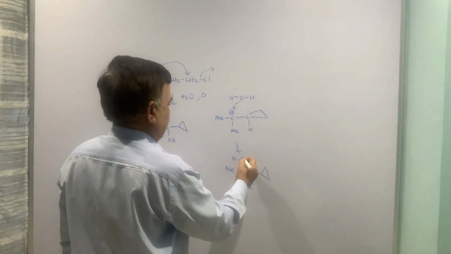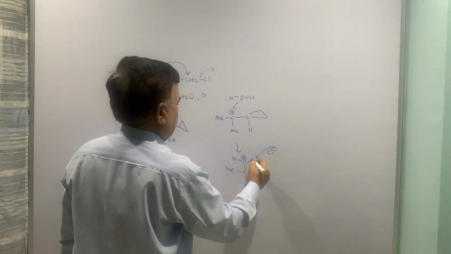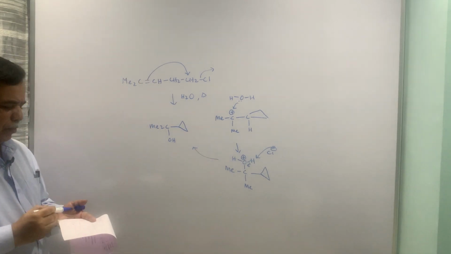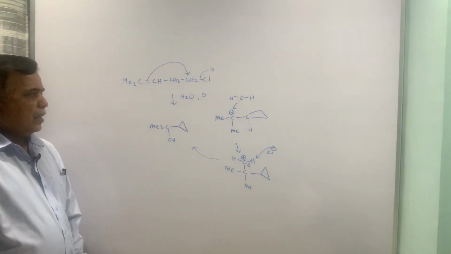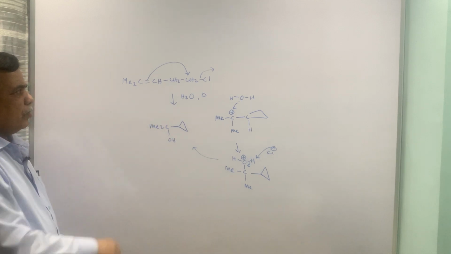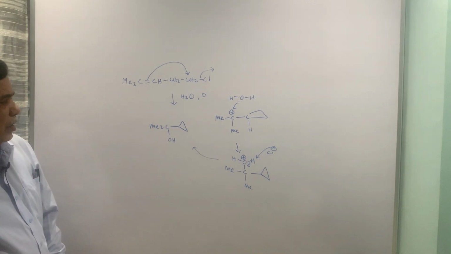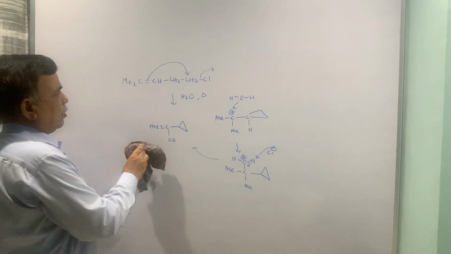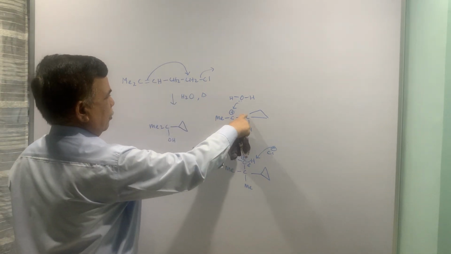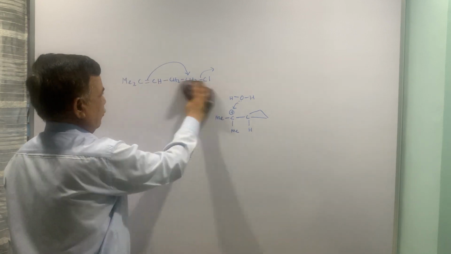and then this will be positive. Cl minus will help to settle the positive charge on oxygen, and that is how the rearranged product is formed. So here we are talking about pi participation, and we are building the cyclopropane ring 1, 2, 3. That is how the 3-membered ring is getting formed.